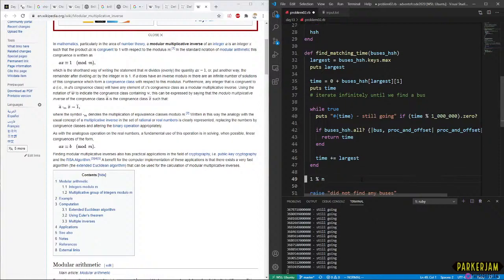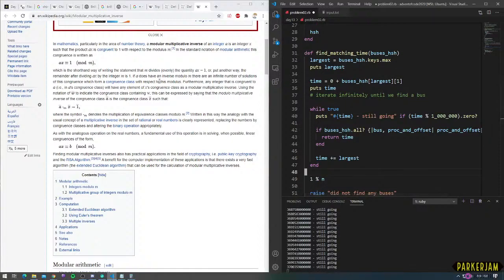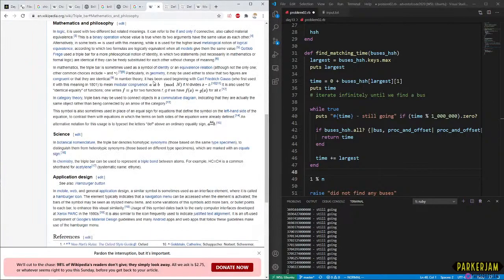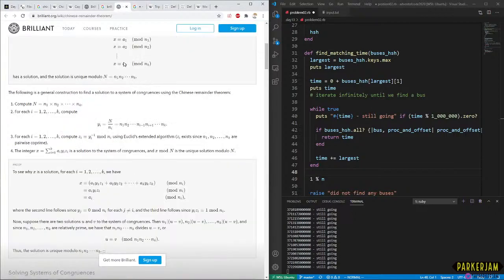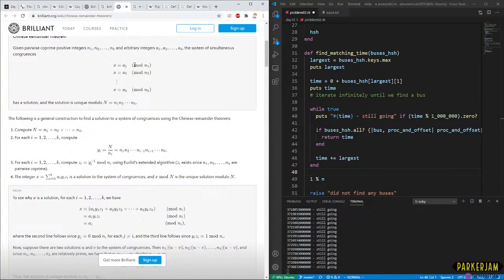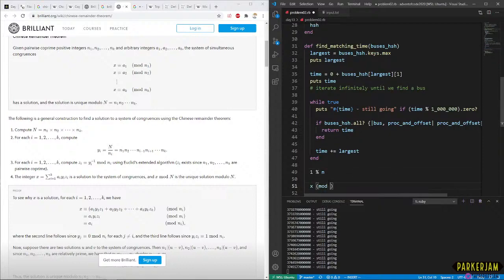Because sometimes the notation looks like, for instance, x equals a mod n, which means x is a value such that if you mod n it, it ends up with a.